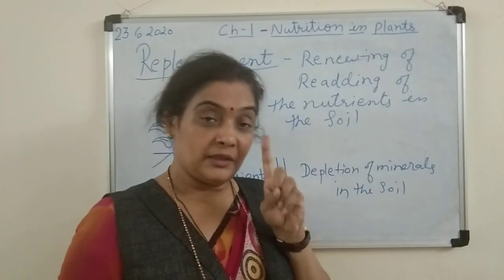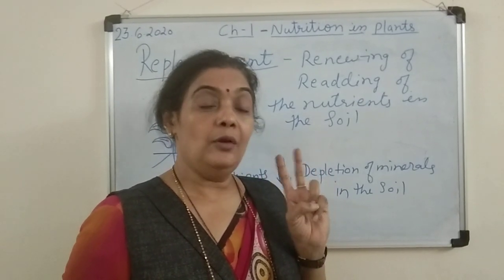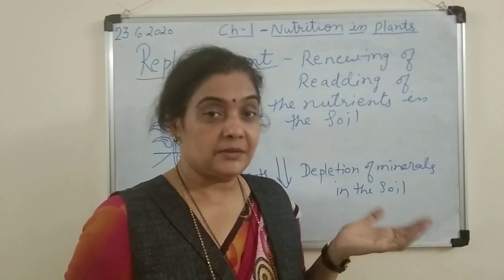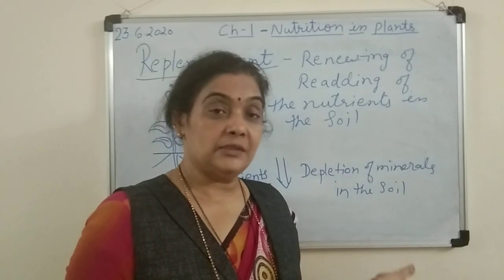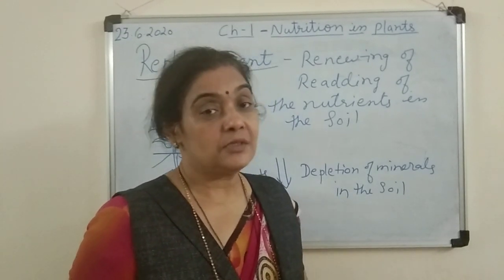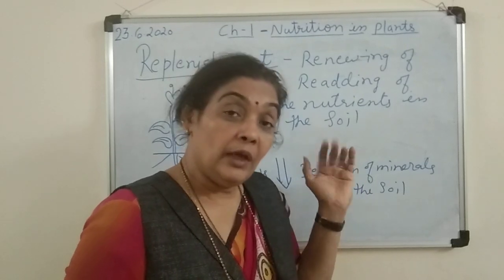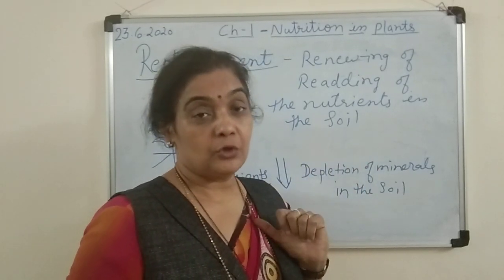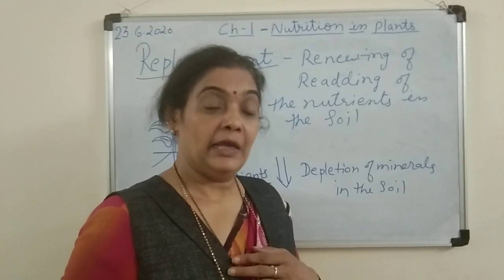This is the first method. Another thing, addition of chemical fertilizers, artificial or synthetic fertilizers, are added in the soil. And this is how replenishment, re-adding, renewing of minerals in the soil takes place, so that plants can grow healthy